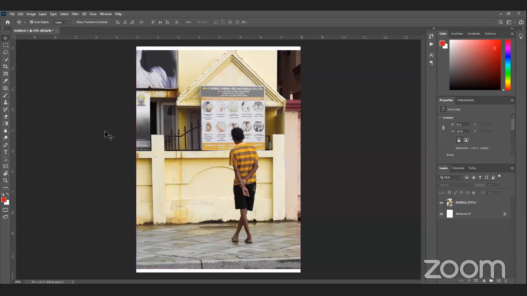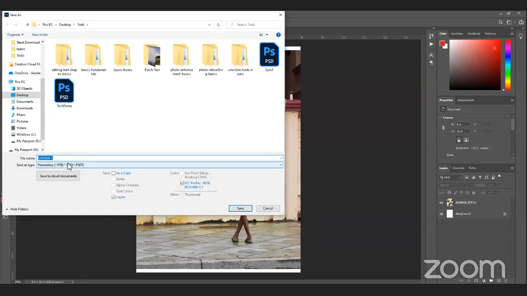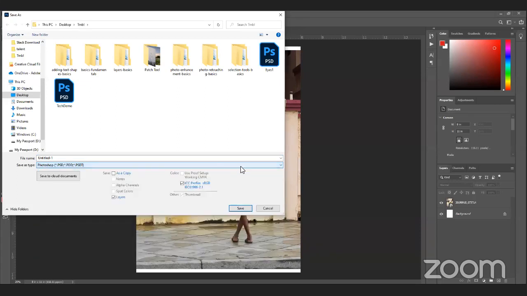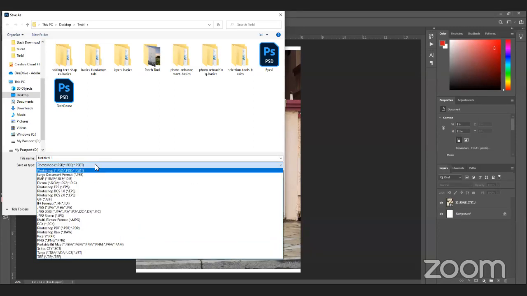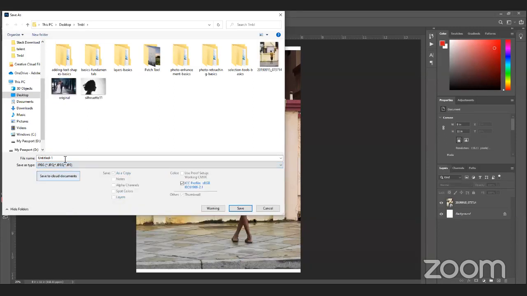We also talked about how to save the file. Save As, right now, is PSD. If you want to save the file as a JPEG, just click on this drop-down option, then click on JPEG. This will save the file as a JPEG, and I will not save it right now.